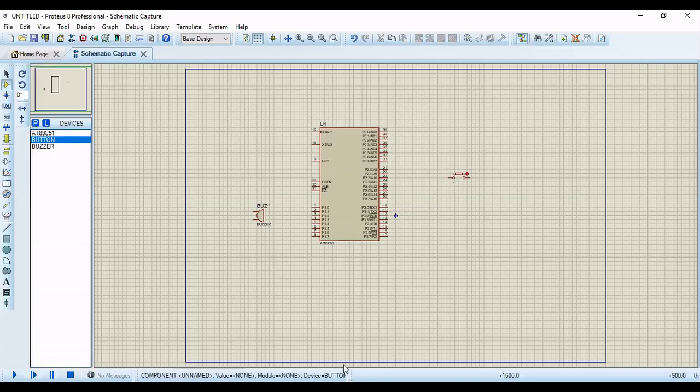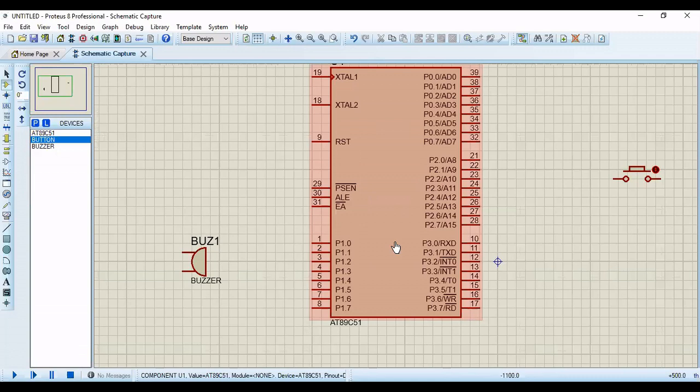So if you remember, we have used a program where we are connecting our switch to P2.3, right? To zoom it out, scroll your cursor. If you scroll your cursor, it will be zoomed out. So your switch is connected to P2.3. P2.3 is the connection for switch. So this is P2.3. Connect that to the switch. I have connected that to switch.